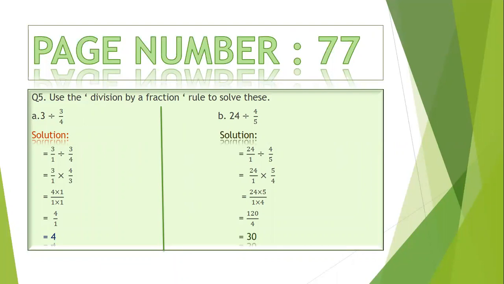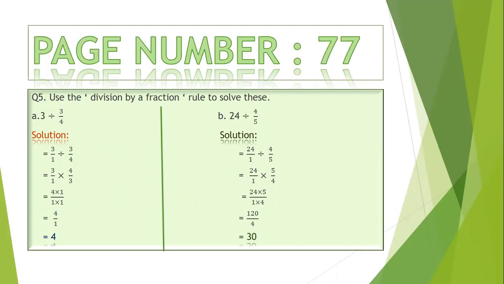4 6s are 24 and 6 5s are 30. 30 over 1 and 30 is our required answer. Clear? I did part 1 for you with cancellation, and you see that 3 and 3 cancel and 4 is left, and 4 is our answer. And I did the second part for you with the simple